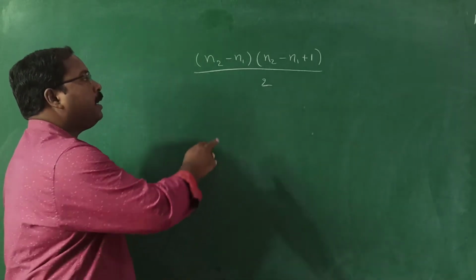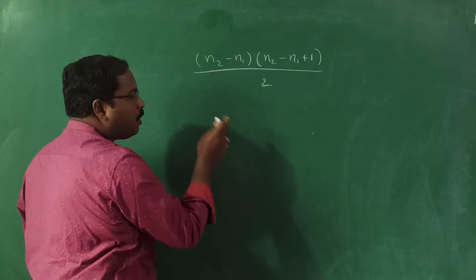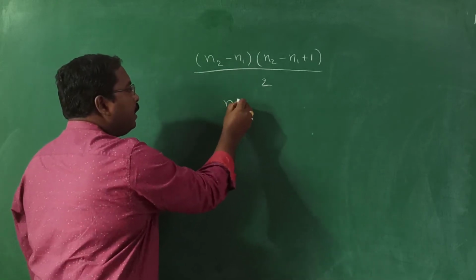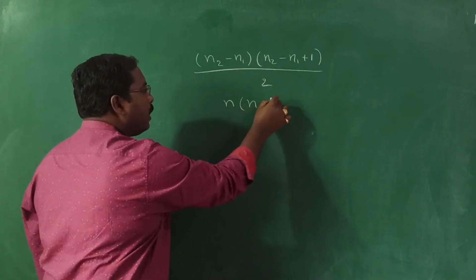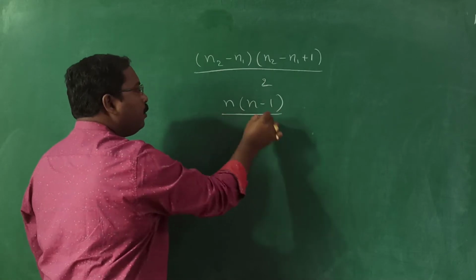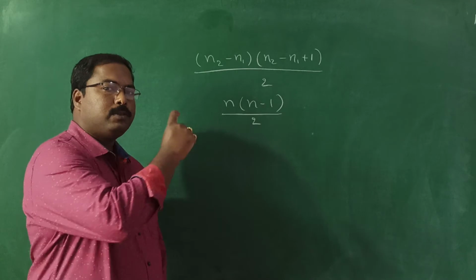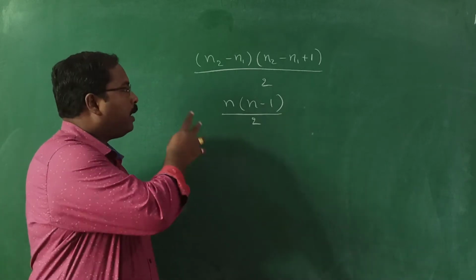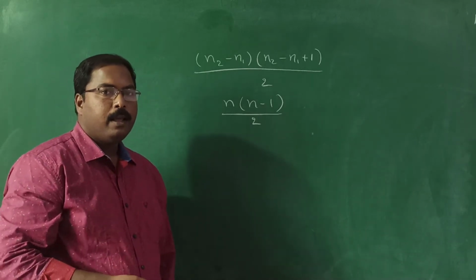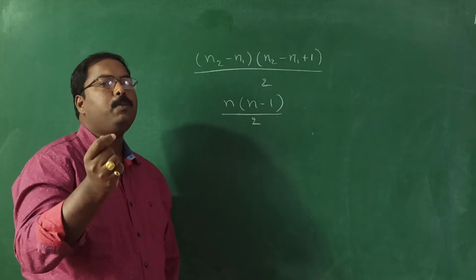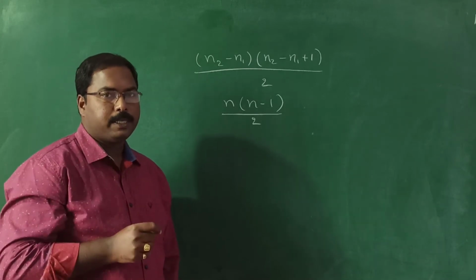If the electron is jumping from any orbit to the first orbit, then the above formula we can also write as n into n minus 1 by 2. We solved one or two numericals based on both formulas. Now, additional to that, one more small concept is there.